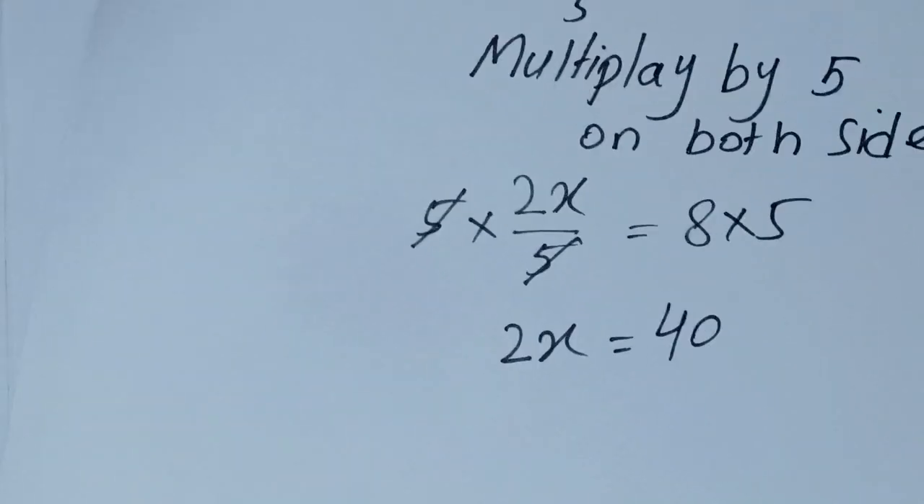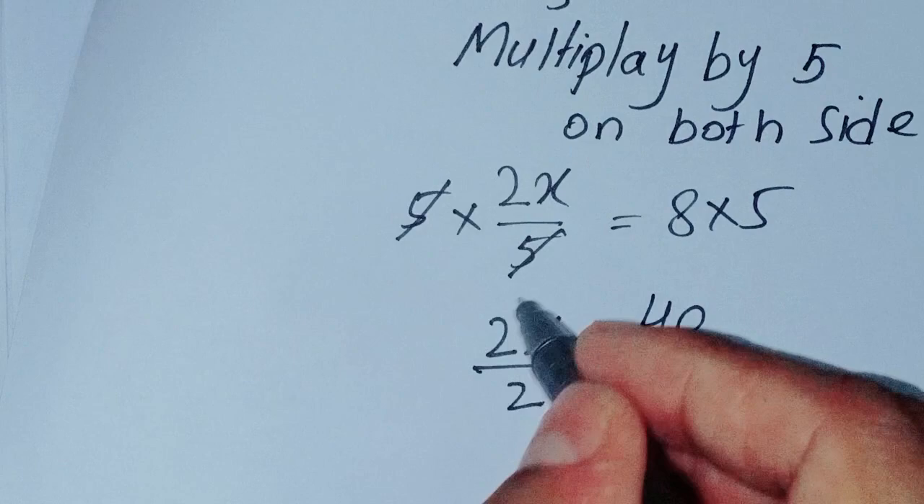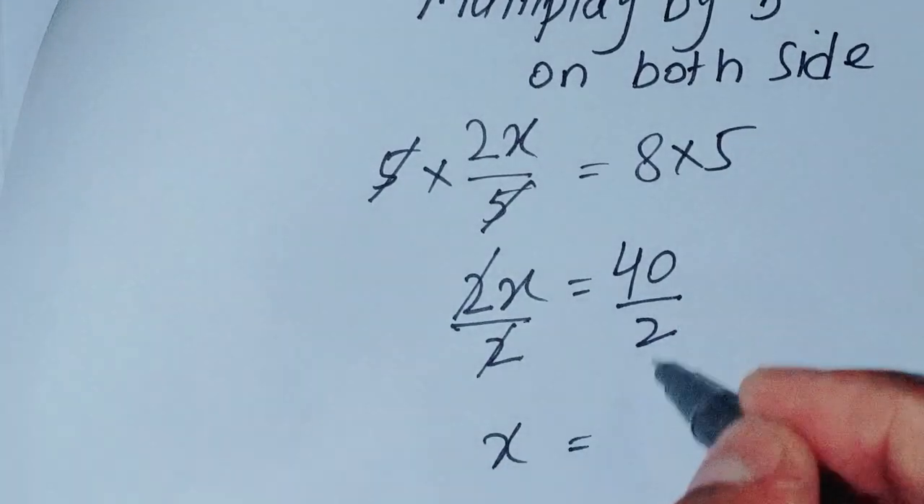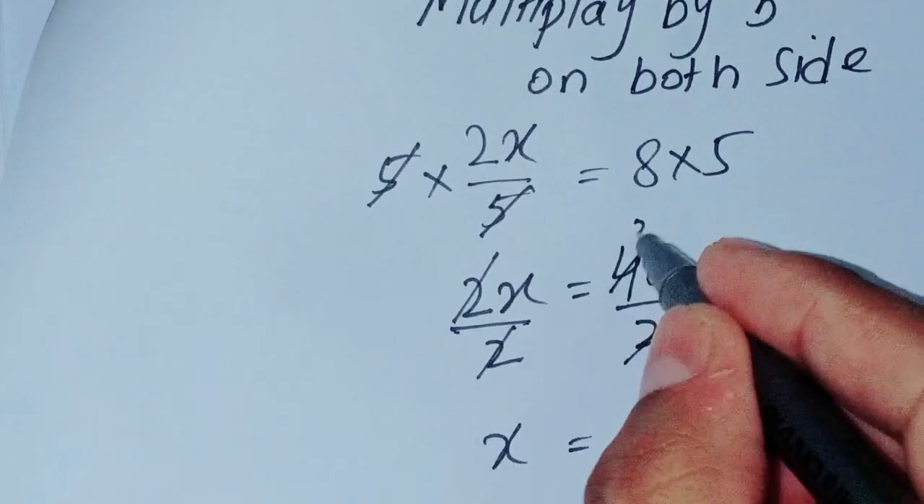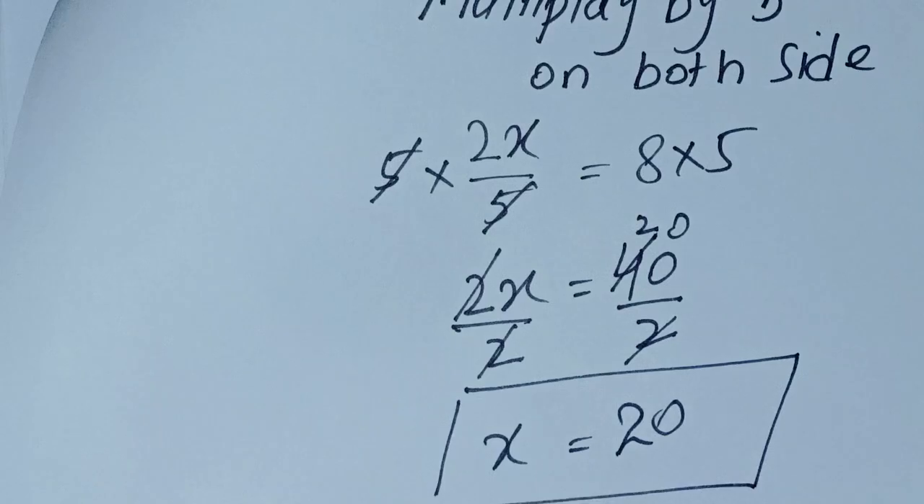40. Now divide by 2 on both sides, we get x. x is equal to 20. So the answer of this question